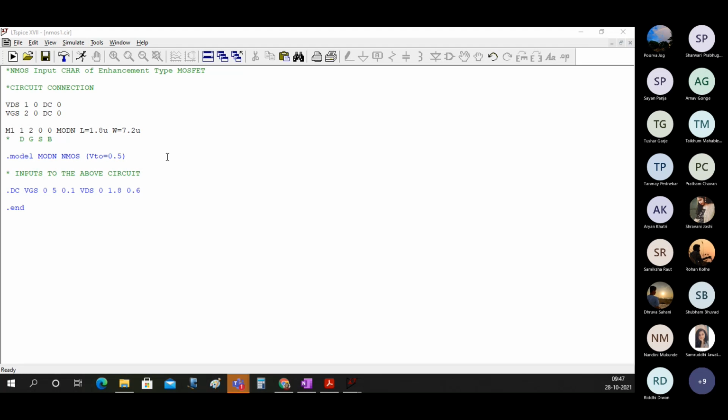Now you will see there is no circuit in front of you, but there is a description of the circuit. Put this circuit in the chat box.